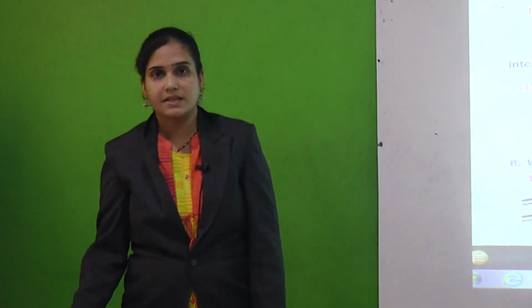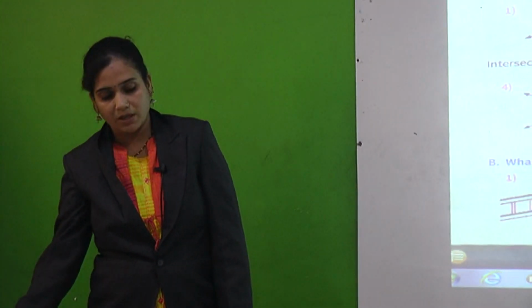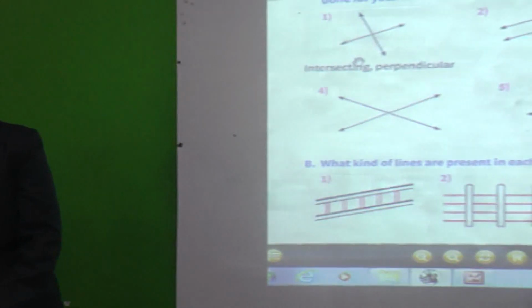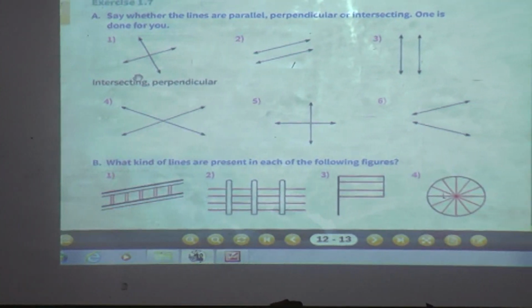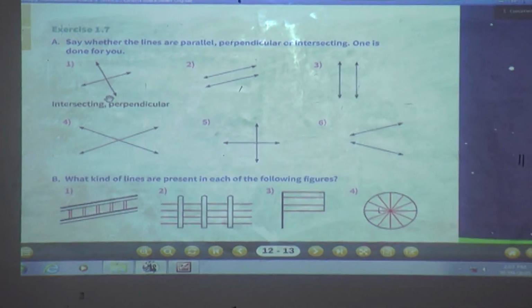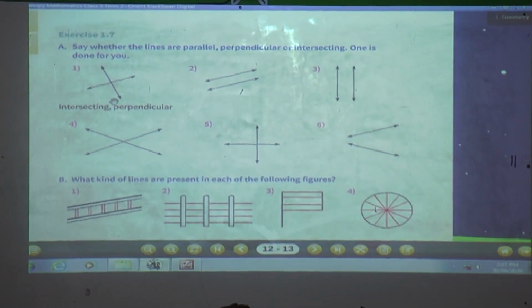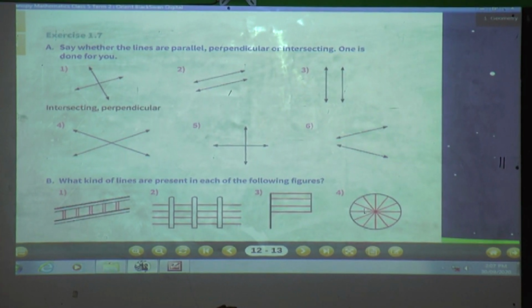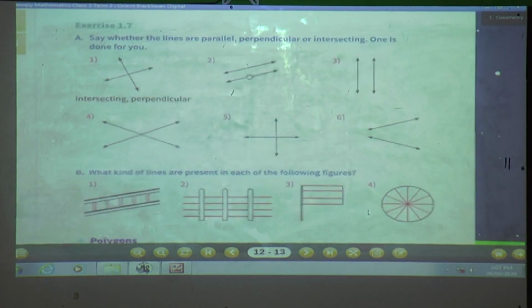Today I am going to teach you polygons, quadrilaterals and types of triangles, and properties of a triangle. So students, open your page number 13, exercise 1.7. In last period we have studied already about perpendicular lines, intersecting lines and parallel lines. Today we are going to solve exercise